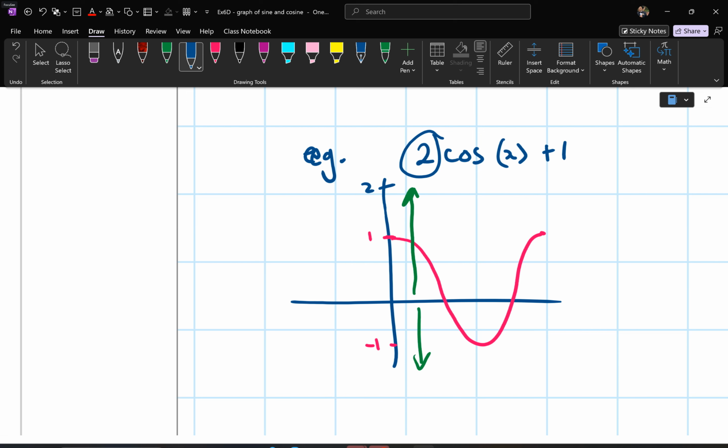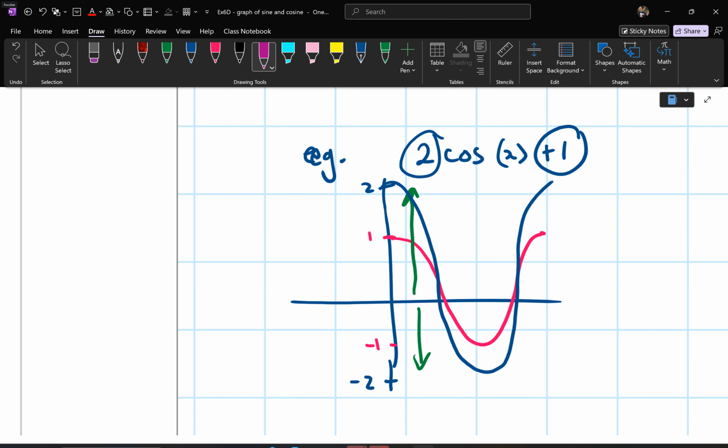So now you have a graph that's meant to look like this. Oh, sorry. So it should be from -2 to 2, but then there's a +1. So the +1 shifts the graph up. If it shifts it up, that -2 now ends up at -1, and that 2 ends up at 3, which is why Noah said -1 to 3. This is your new